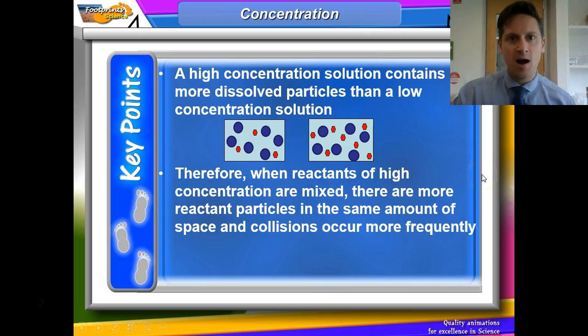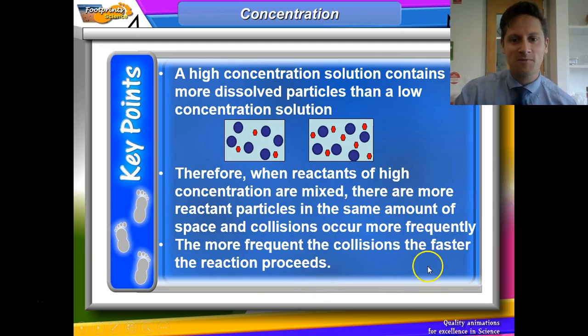Therefore, when reactants of high concentration are mixed, there are more reactant particles in the same amount of space, and therefore collisions occur more frequently. So more concentration, more reactant particles equals more collisions. That's the theory behind it. The more frequent the collisions,